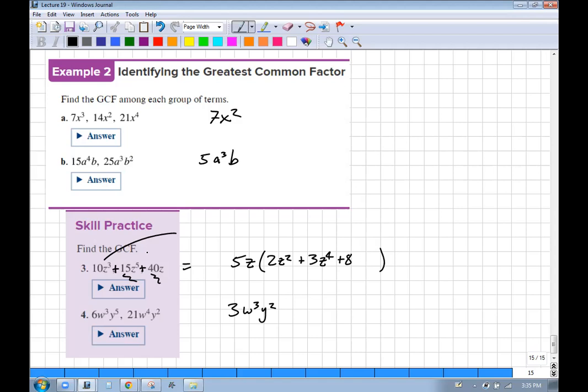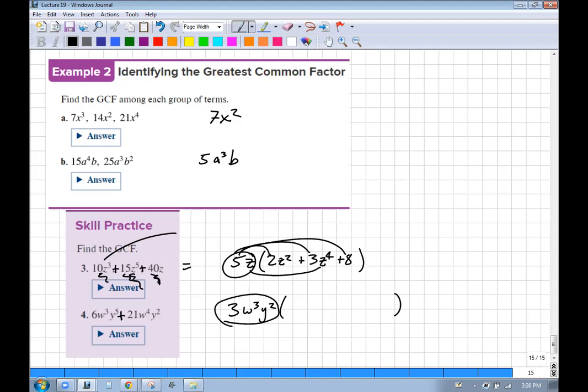So the purpose of the GCF is to factor. All right, here's your GCF. And if these things were added together, there's your 10Z cubed. There's your 15Z to the 5th. And then your 40Z. So if these were added together, we would want to get the GCF out,